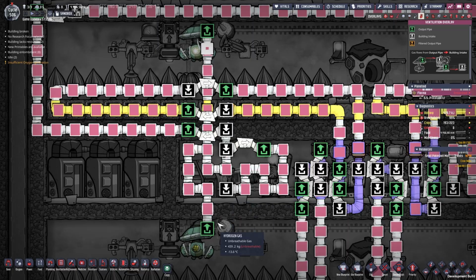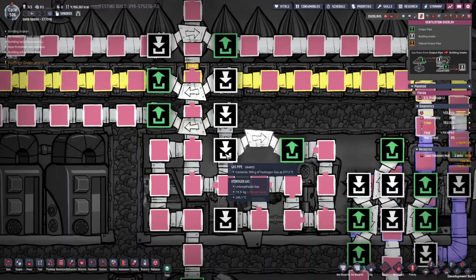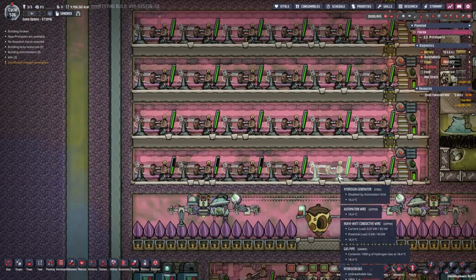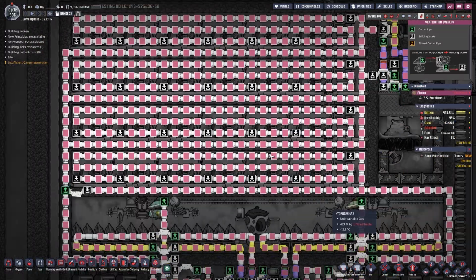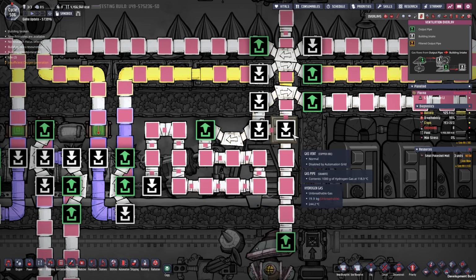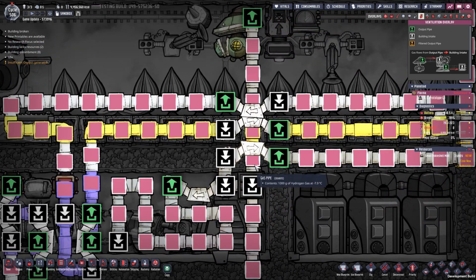If we do have excess hydrogen coming from down or up, then go through the white part here, bridge over, go to the left, go up and feed all of the generators, all of these. If we come from the right side, first feed a generator. If the generator is already full, go over the white part of the bridge over this area here, then go